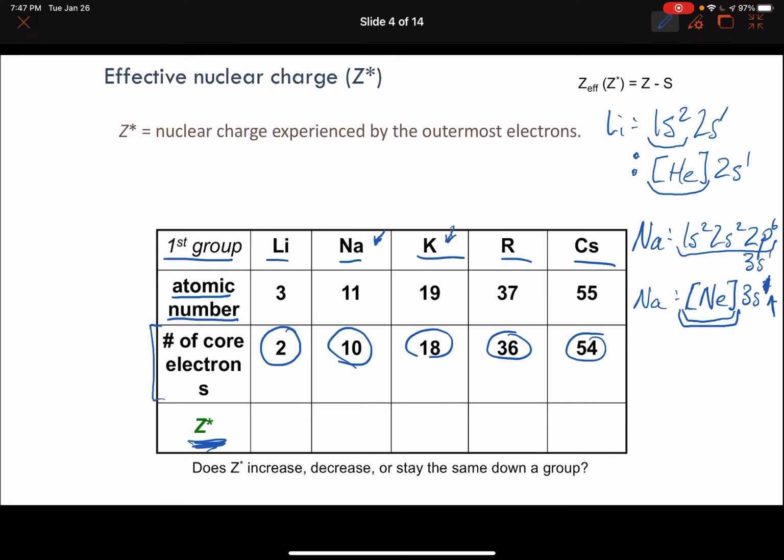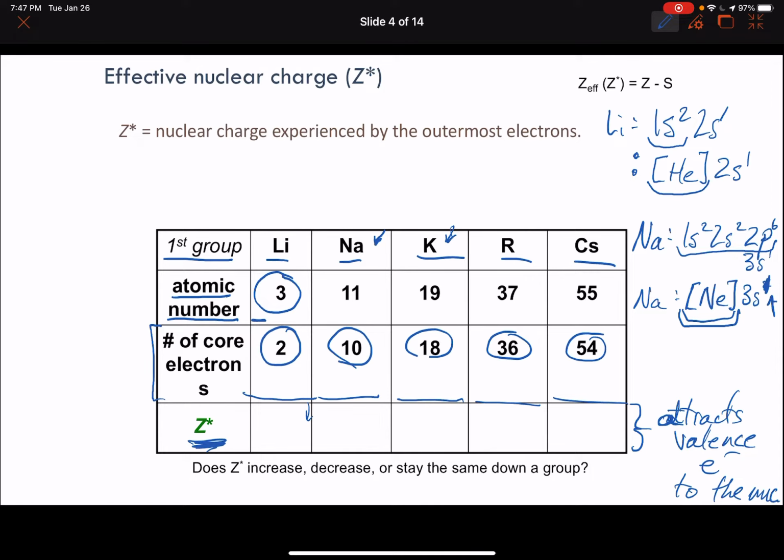Remember, we're going to take the number of protons in the nucleus, subtract the number of core electrons, and that is going to give us a number here. So you should be able to predict the last row of entries in this slide to help us with this concept and determine what the effective nuclear charge is. And this is going to be what attracts valence electrons to the nucleus,